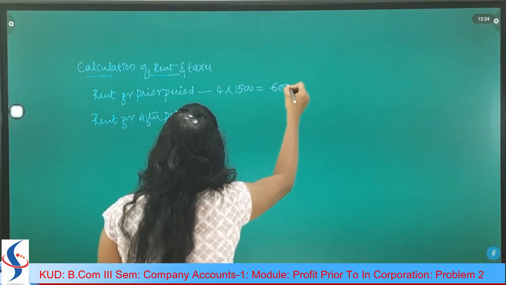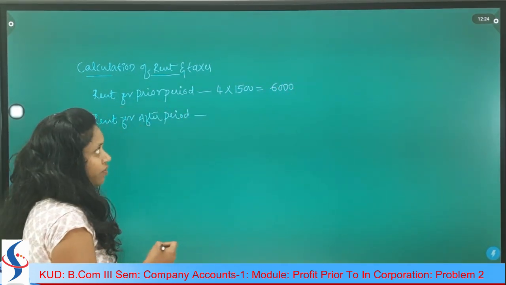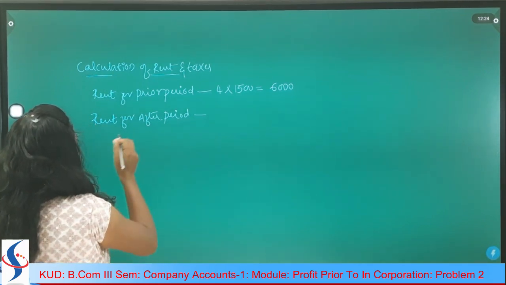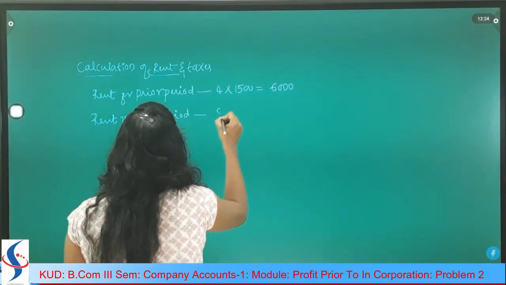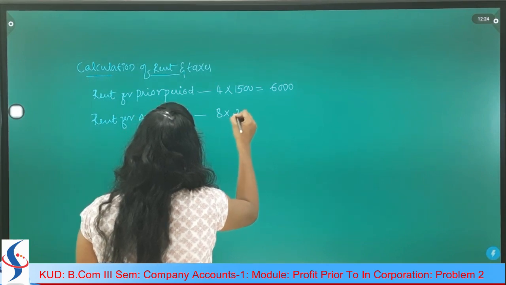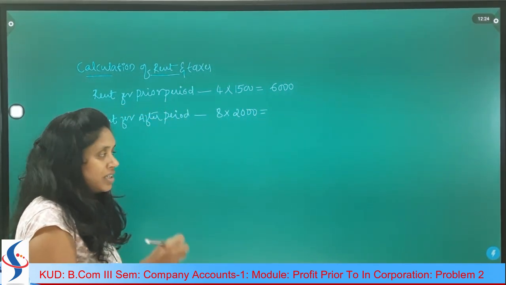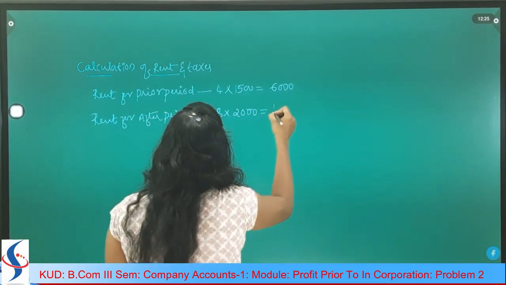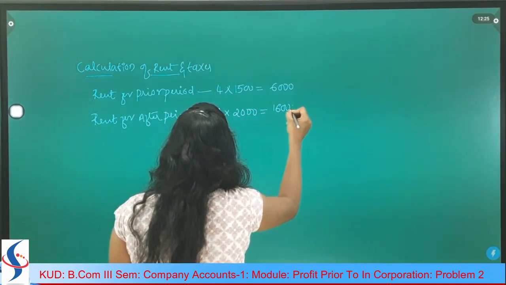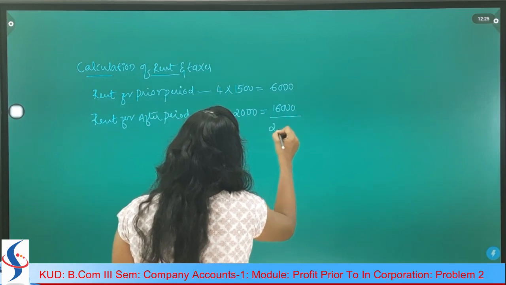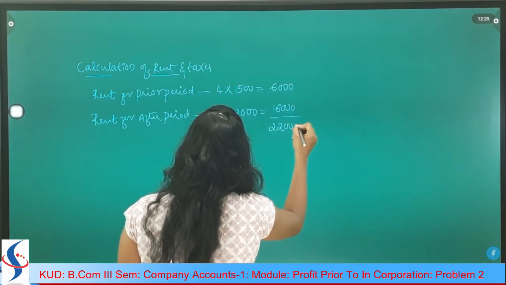Then the total rent for the prior period is 6,000, 4 into 1,500. And what about rent for the after period? The after period is 8 months and the rent for the after period is 2,000 as per the given information in the adjustment. Then this will be 16,000. Then 6,000 plus 16,000, altogether the total rent is